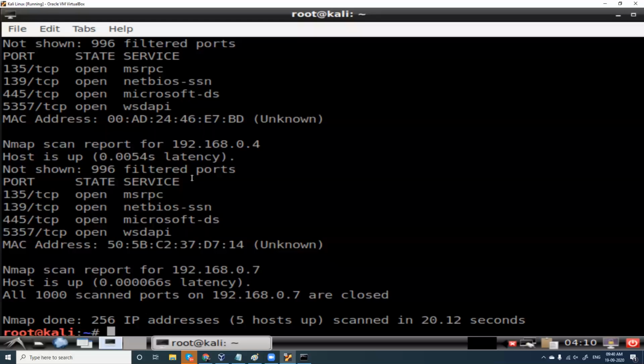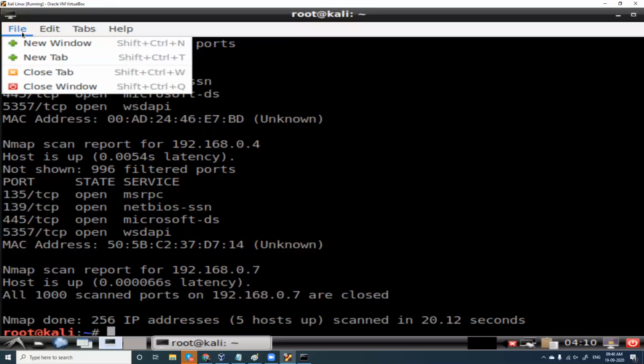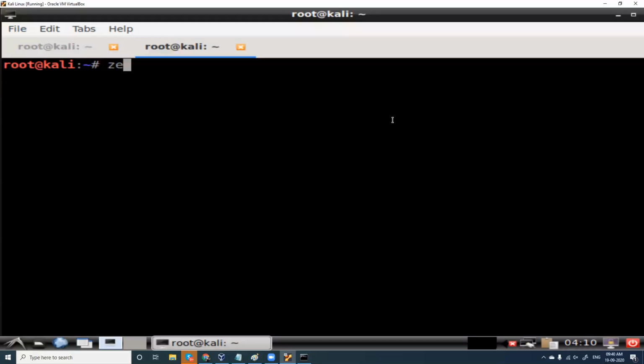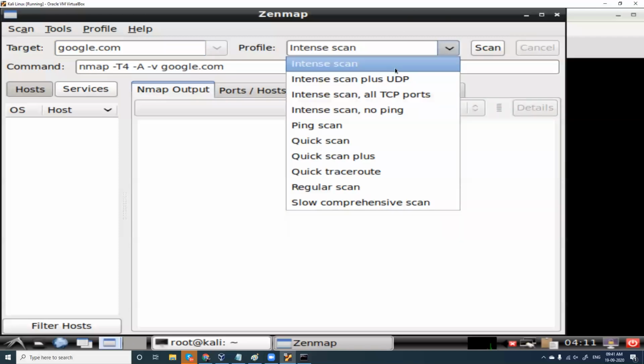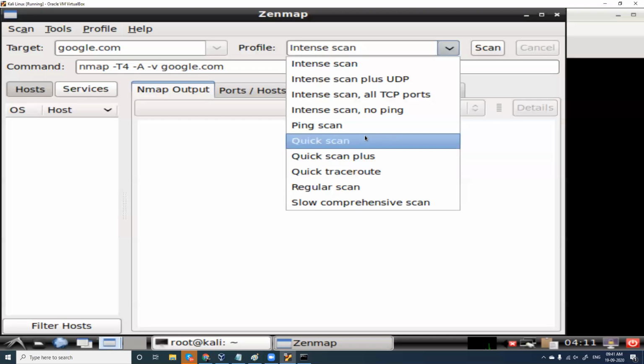Or if you say you're not comfortable with this, you can go for another tool called Zenmap, which is a graphical user interface of Nmap. When you type Zenmap, you'll get something like this, and it is pretty easy to use. I can give my target here, google.com, and whatever scan you want to perform, intense scan or ping scan, you don't have to type any command.